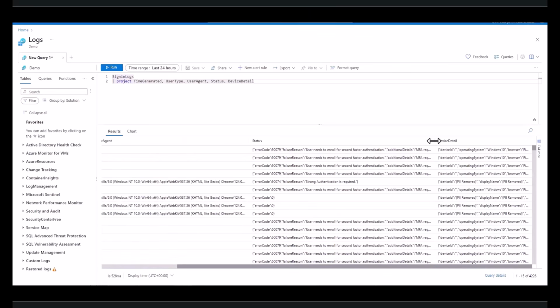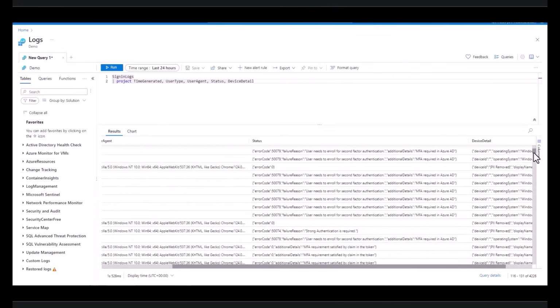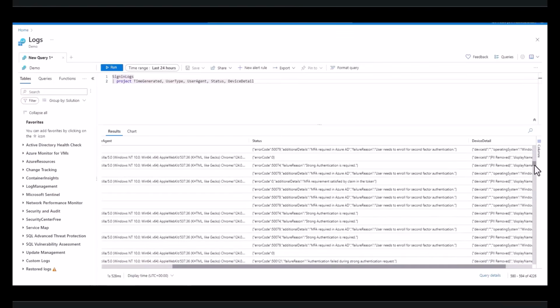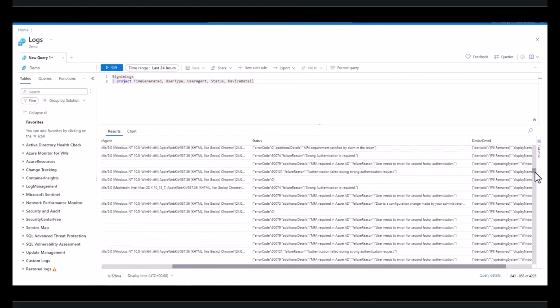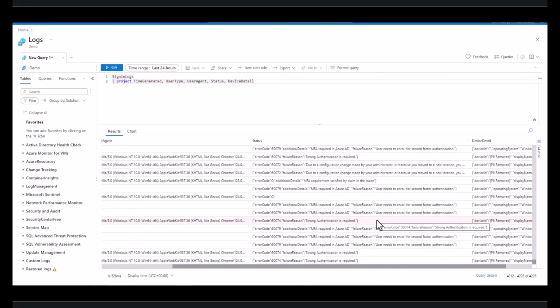We also see that sometimes there's only 1 key, and other times there are more than 2 keys, including an additional details key. If we're only interested in extracting the error code key from the JSON and placing it into its own field, we can. Or if we want, we can take all the keys and make them into their own fields. The first parsing technique we'll teach is the easiest, but it uses the most amount of resources, and it's the least efficient. If you want to make all the keys inside a dynamic JSON object into their own individual fields,